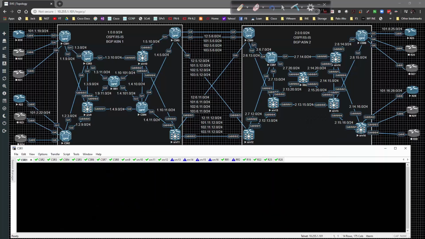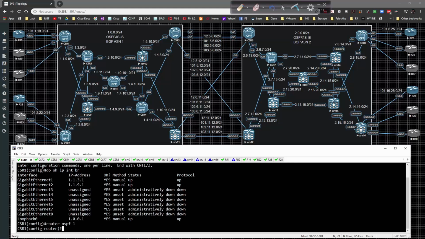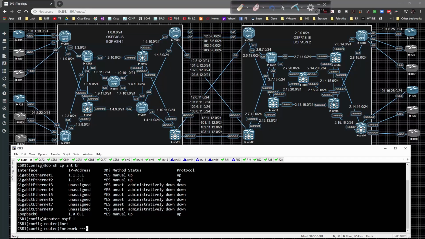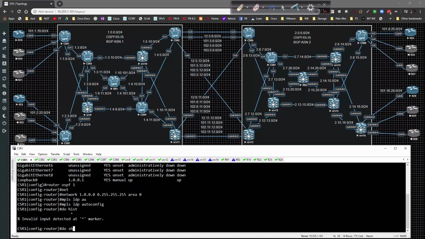We're going to start on CSR1 over here. We're going to run OSPF on this side and IS-IS over here. We'll go to global config and do show ip interface brief. Type in router ospf 1. I'm going to type in network 1.0.0.0 0.255.255.255 area 0, and then mpls ldp autoconfig. I'm going to take these few lines of config and do show history,